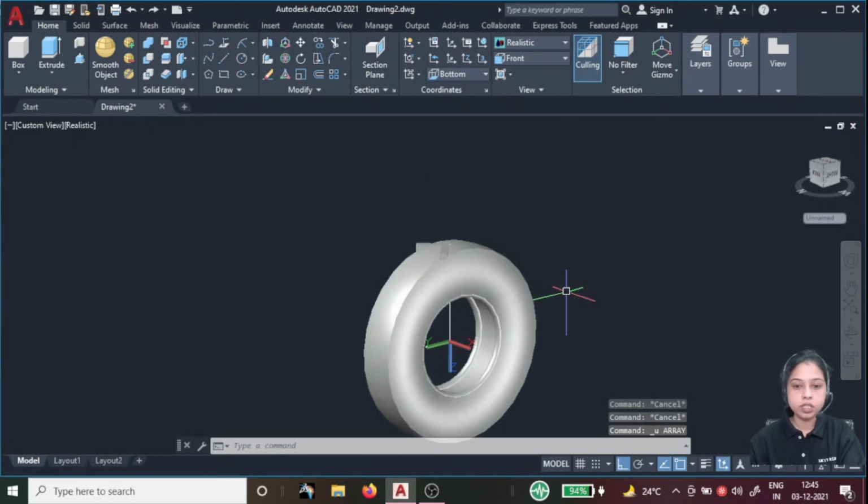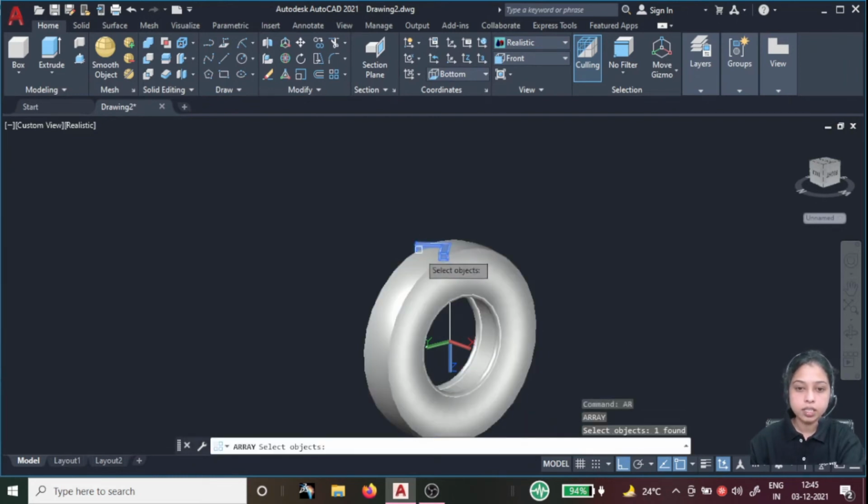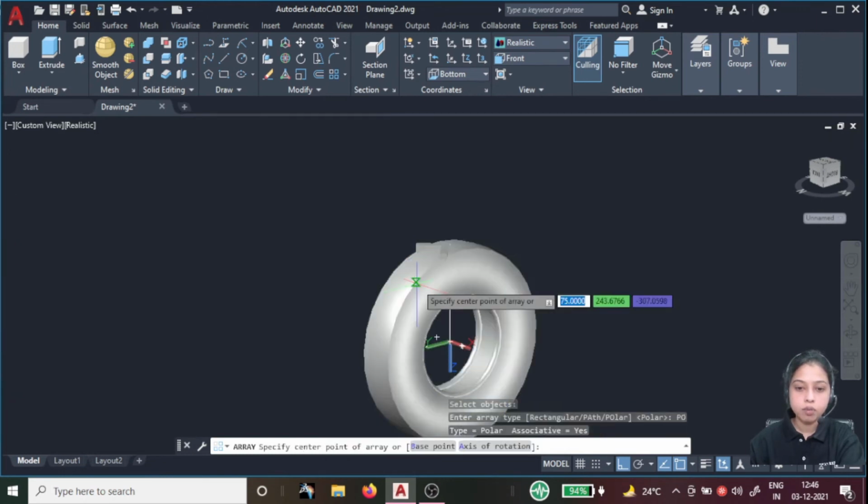Sorry, Control Z. Go for the array, AR, enter, select the object, enter. Now go for the polar array, and where is my point? This center point.